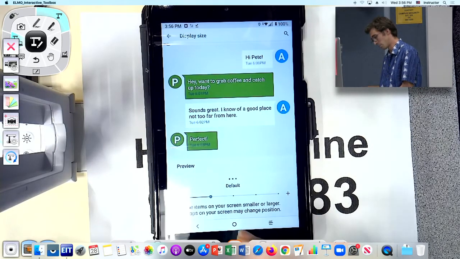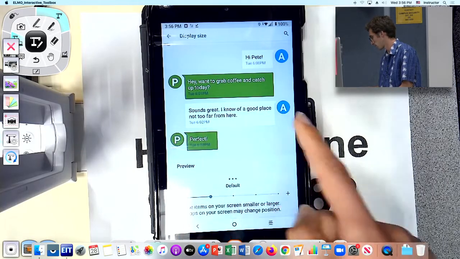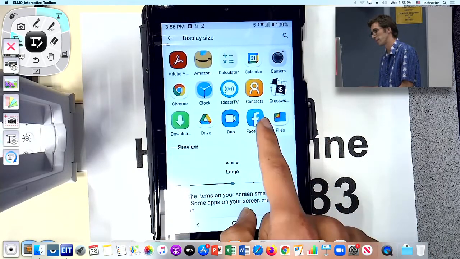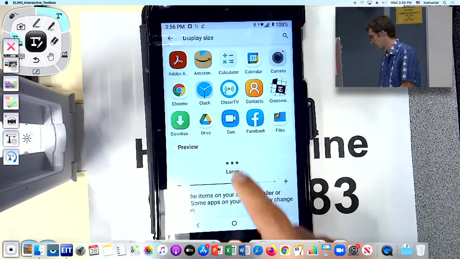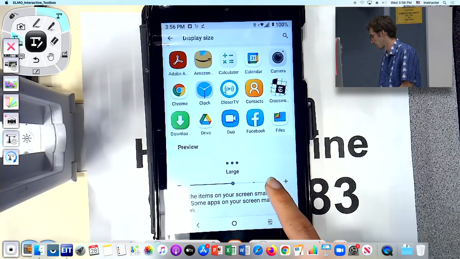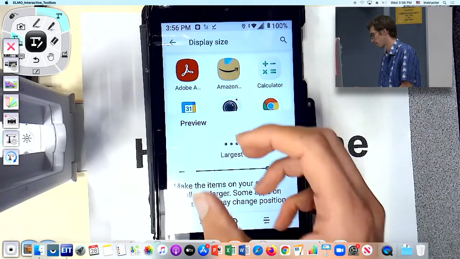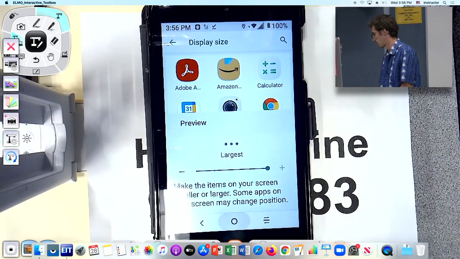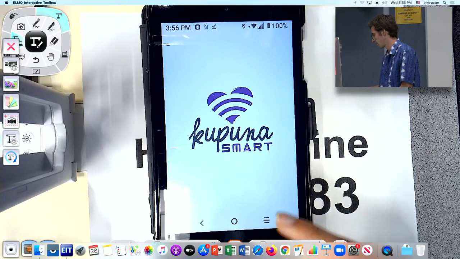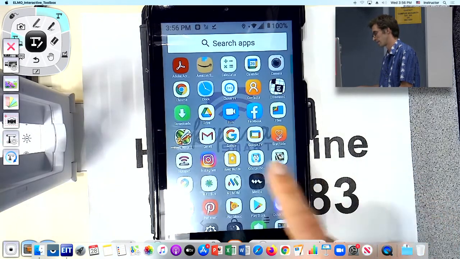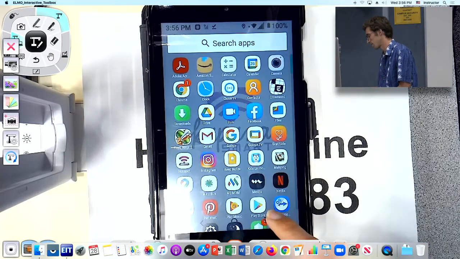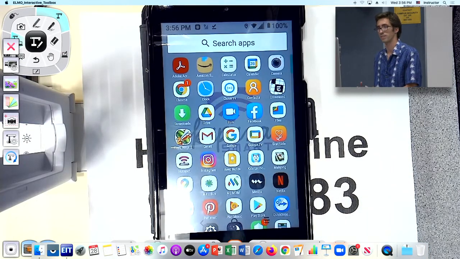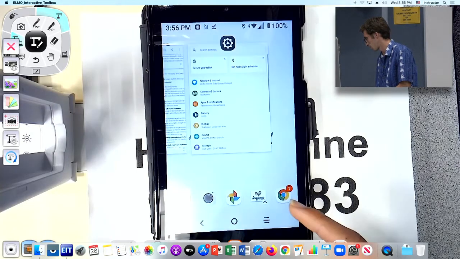This one you may or may not like. It's supposed to adjust certain things, like all icons, but for some reason it doesn't adjust this right here. If you adjust it to the fullest extent, it's supposed to make your icons really big, but if I tap on the home screen, they are the same size. So that's an issue with the tablet itself, and there may be a workaround, but it's just not properly optimized